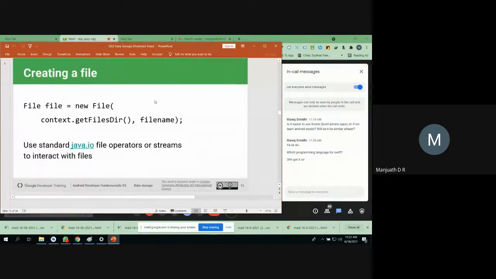Okay, so in order to create a new file, you have to create an object of the File class, and this File class comes through a package called java.io. Whatever the file related operations are, whether it may be reading or creating a file, writing into a file, file stream operations, appending information to an existing file, or deleting a file, it is all present in a standard Java package called java.io.